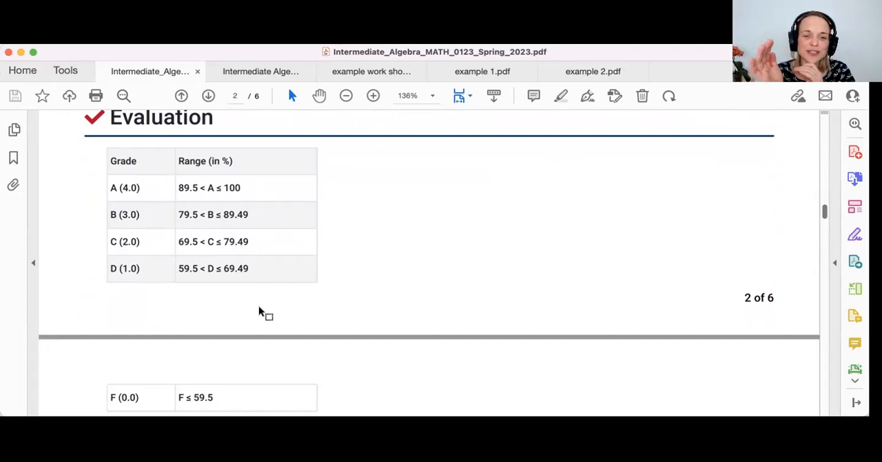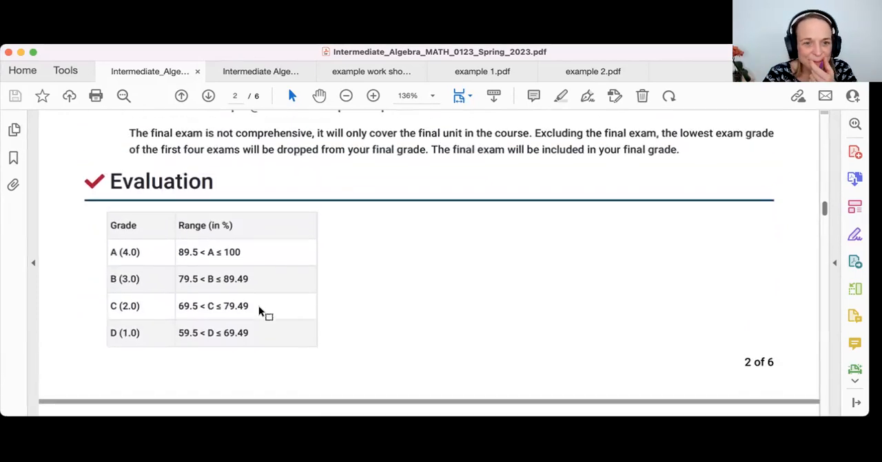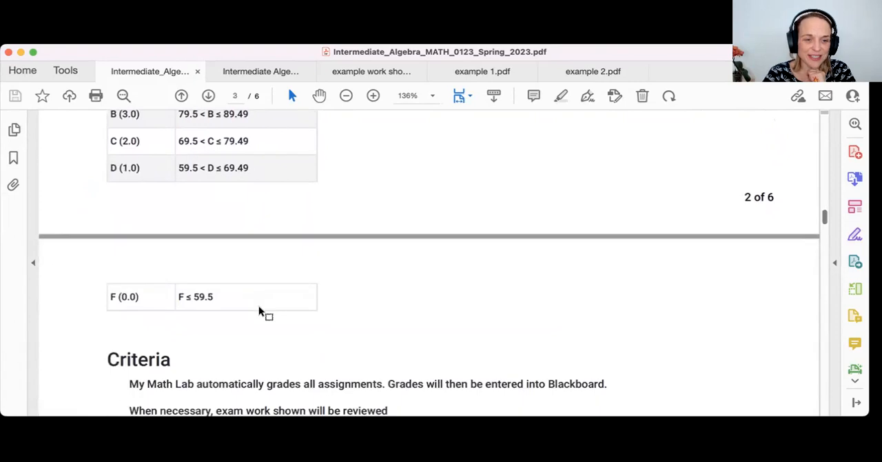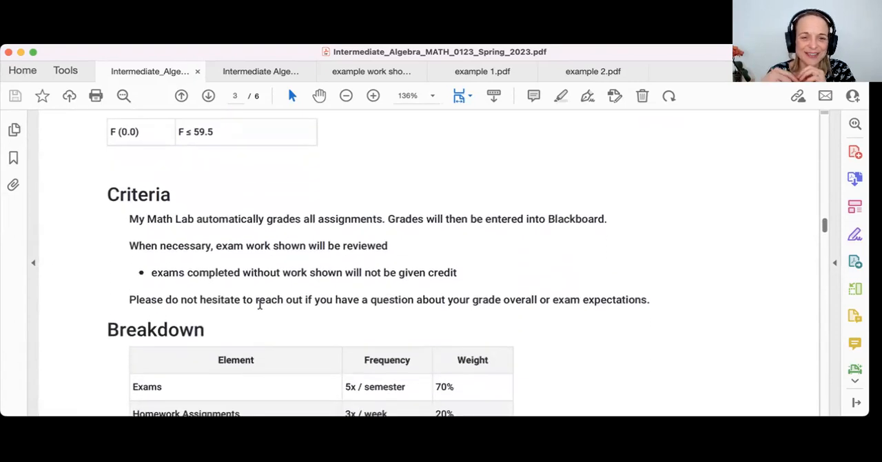So there's some good news and some bad news. Bad news is that no exam grade will be dropped, but the good news is that if you get a 60, it will be called a C in this class. Goodness gracious, I apologize. All right, so MyMathLab grades everything, but I do need you to email me your work shown